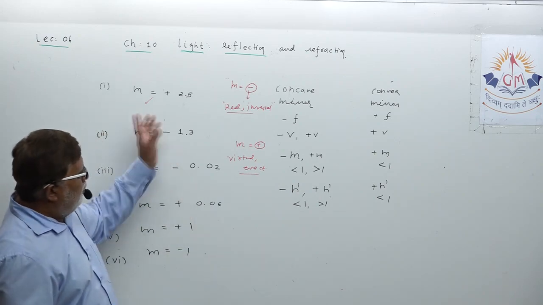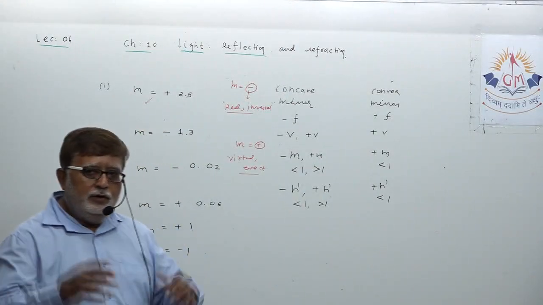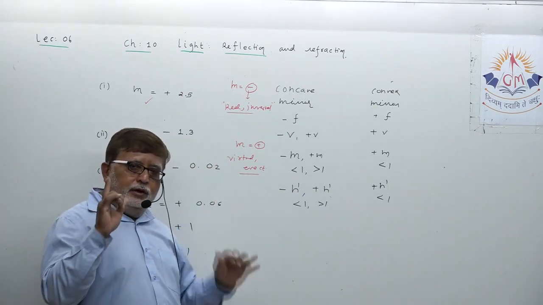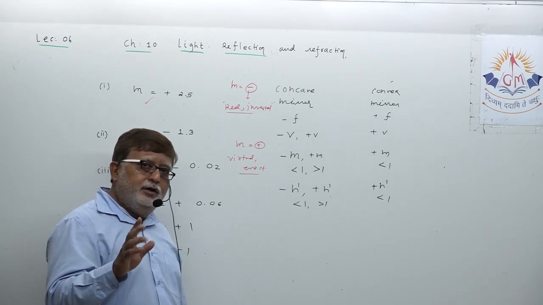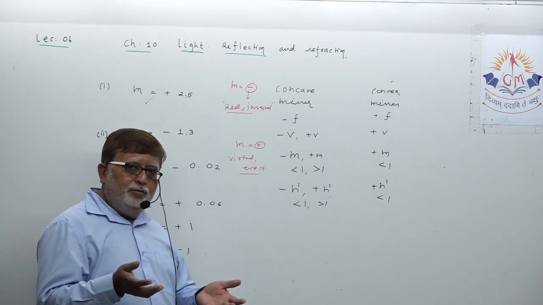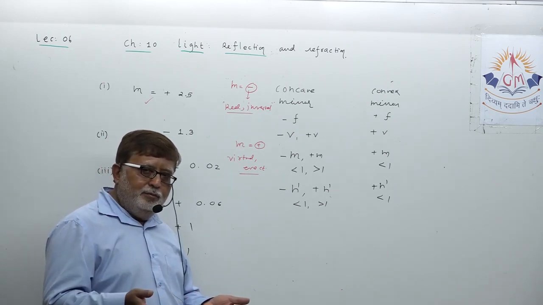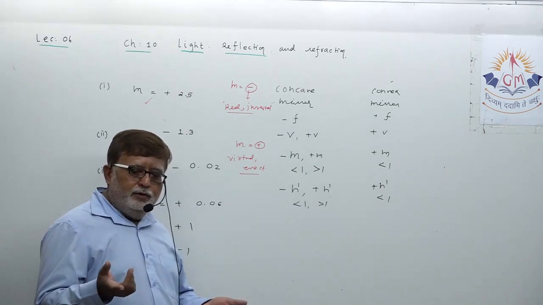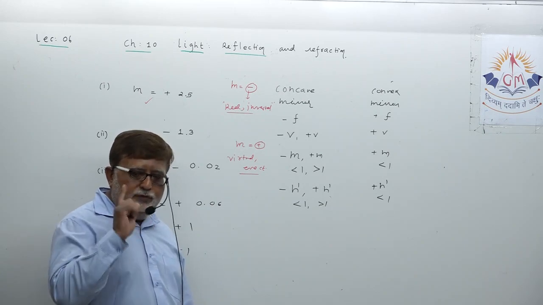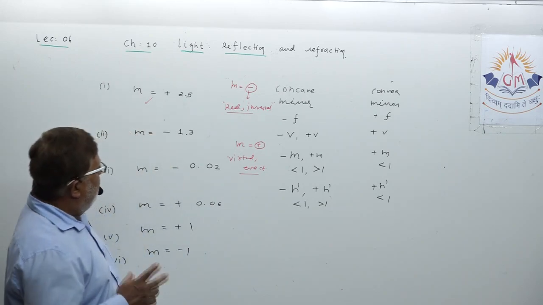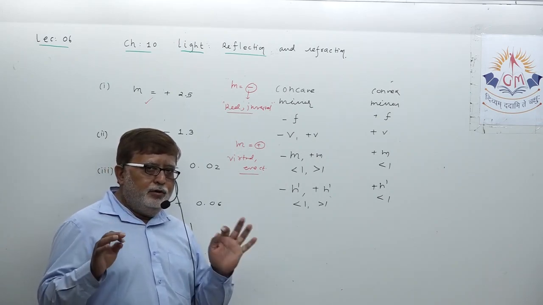First, what I spoke: whenever in any MCQ you see the value of magnification, it has to click in your mind. M positive, virtual, erect. M negative, real, inverted. Then it depends on the numerical value. Understand, if it is greater than 1, larger image. 1, same size. Less than 1, smaller image. Understand? Clear in your mind? Always remember this fact very, very clearly. Understood? Right?